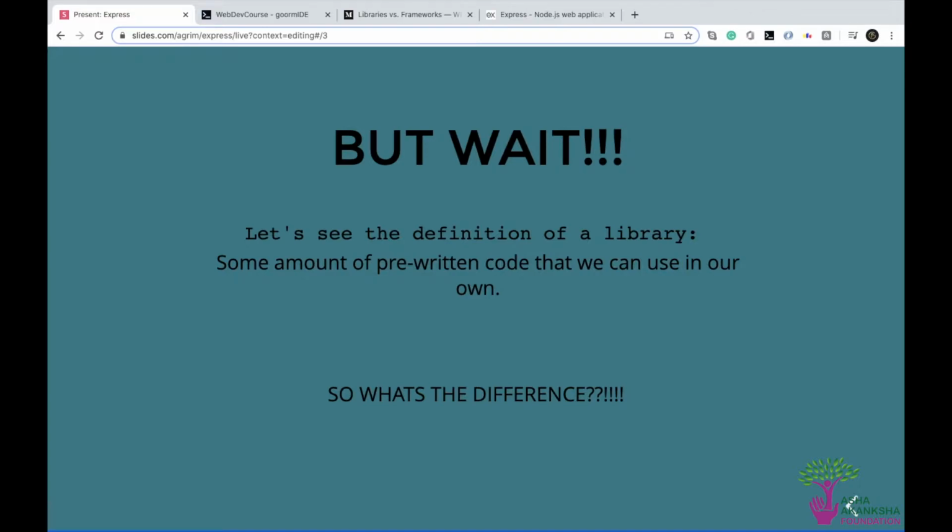And a lot of people do get confused in what they are in the beginning, but you will actually get really clear with it once we finish with the video, because this is a fundamental concept that you should know before you are starting anything, right? And this will become even more clear when we start using Express, because you haven't seen how a framework works till now. But this will become really clear.